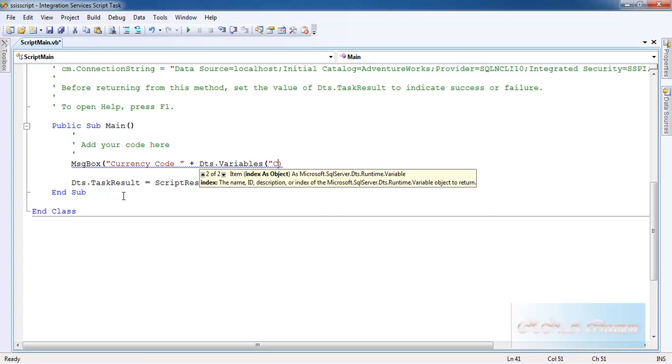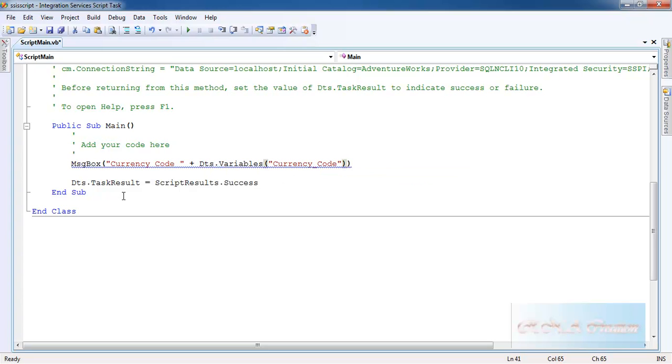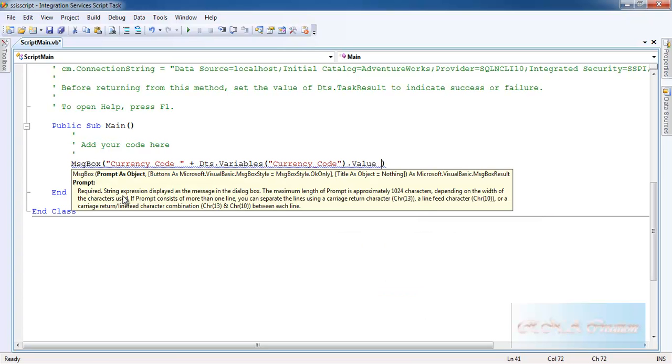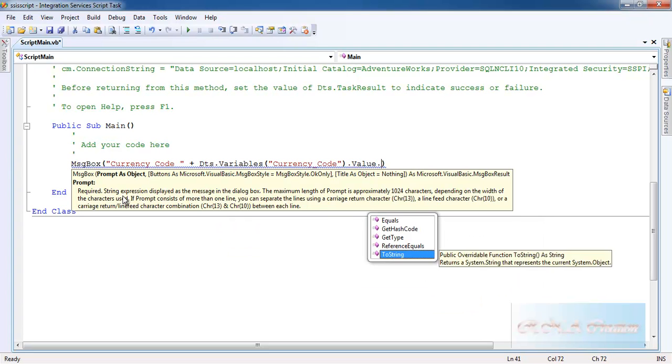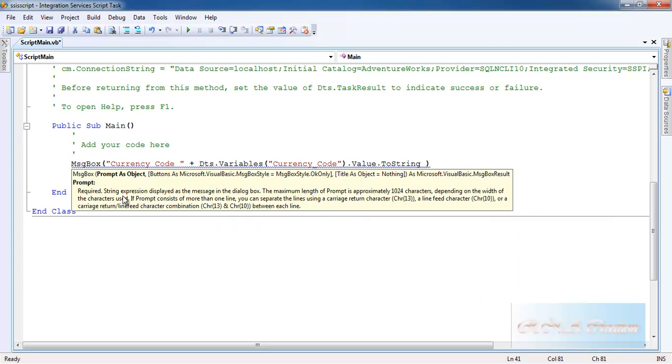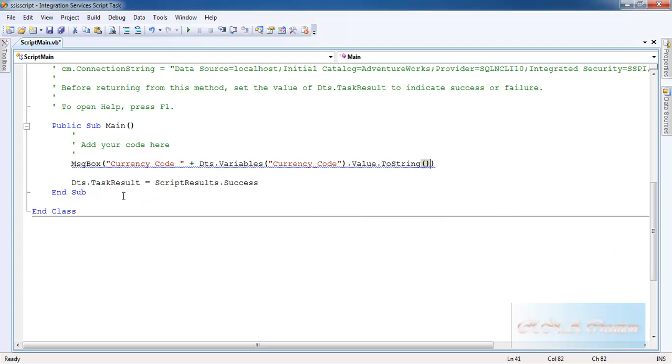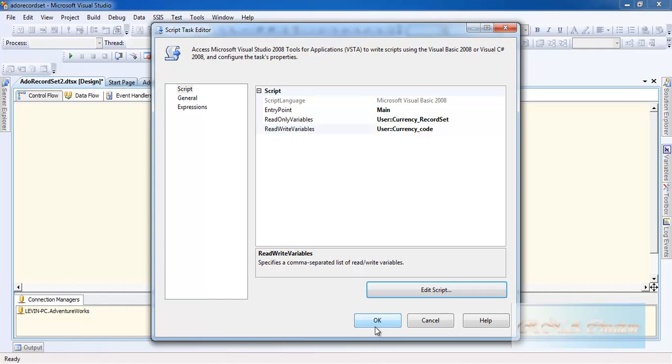Then I add the currency code dot value to string, and that being done, you can see it is being now more, and I'll just save it and click OK,